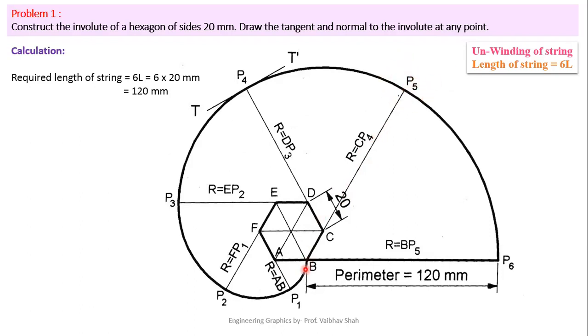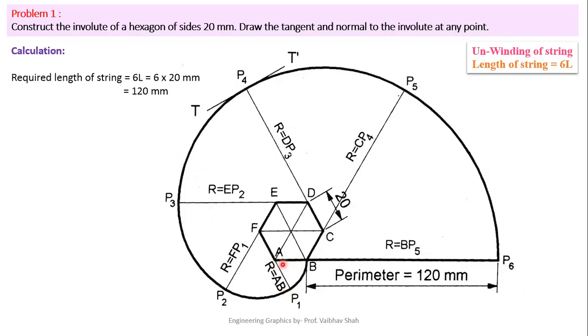Now finally select the point D as a center, DP5 as your radius. Try to draw this circular arc, and this circular arc will intersect this final horizontal line somewhere here, and this will give you point P6. So we have got these points P1, P2, P3, P4, P5, P6, and we have also generated this curve automatically by your arc generation. So this is nothing but your involute of a hexagon. After that, let us specify the radii.